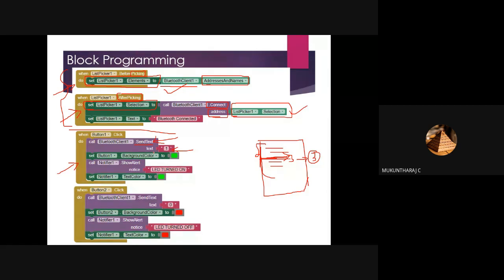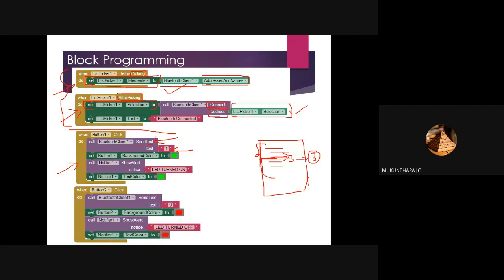This is my mobile phone side. On the other hand, on the microcontroller side, you will connect your controller with a Bluetooth device, and that Bluetooth device is already connected to your mobile phone.